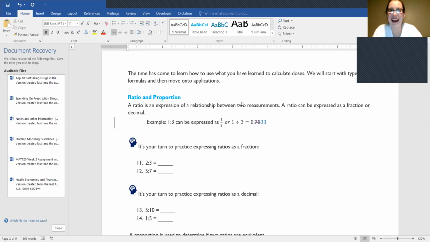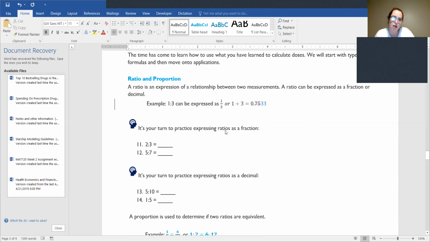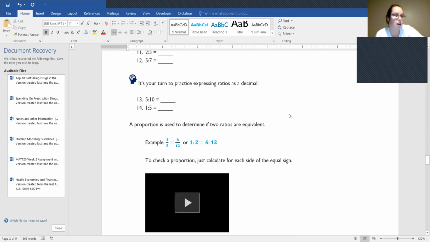So anyway, let's go back to this. We can convert ratios to fractions just by rewriting them, and then to decimals by simply doing the division, converting the fraction to a decimal. So you'll have a chance to do that. But the real basis for calculations is the